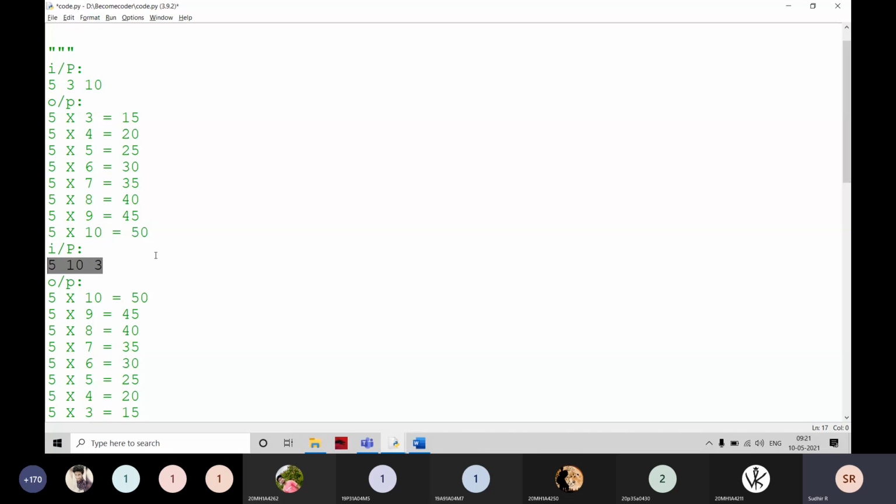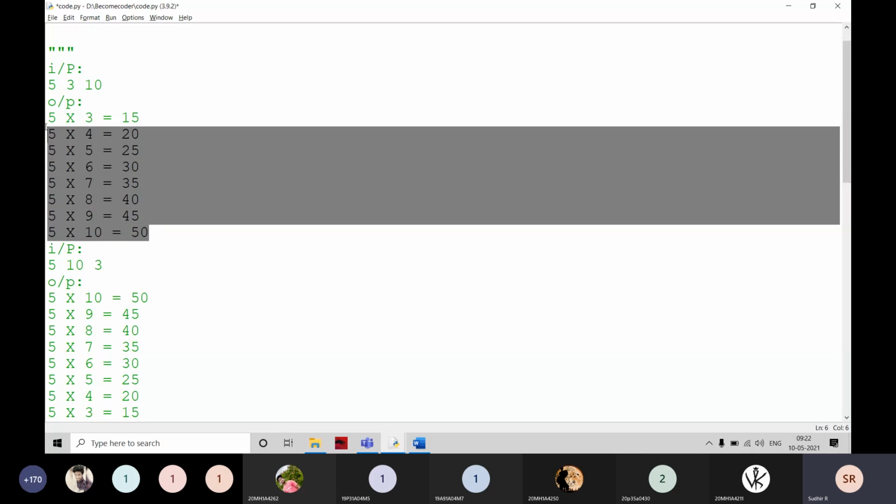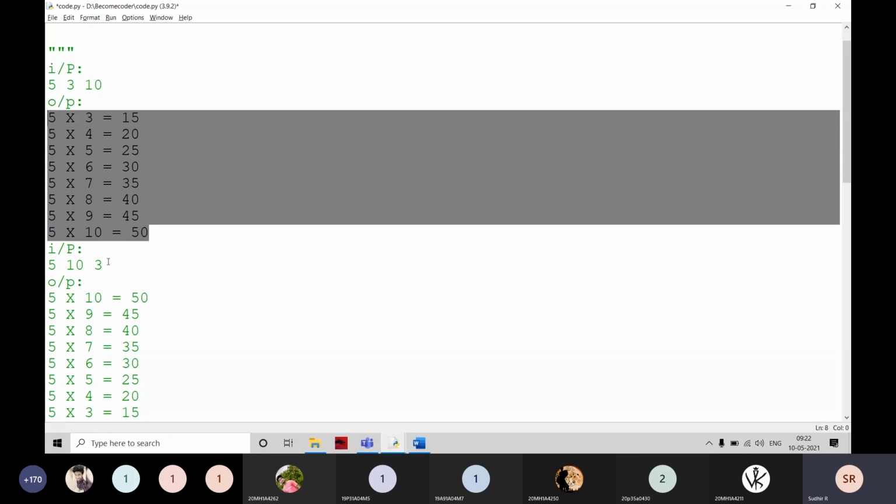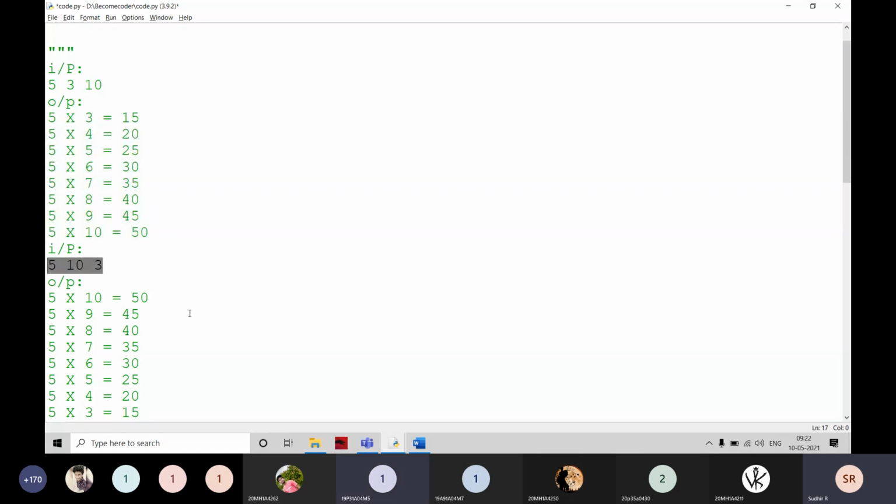You are giving only one input, I think. Send me the two outputs. If I give this input, I want this output in the forward direction. If I give this input, I want it in the backward direction. Using a single loop, you have to do it.